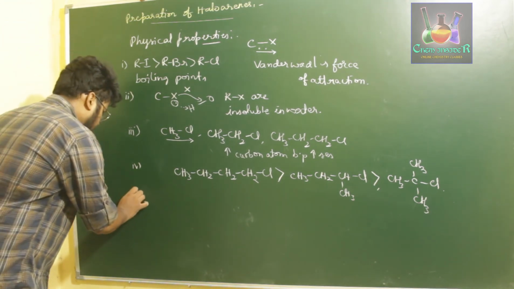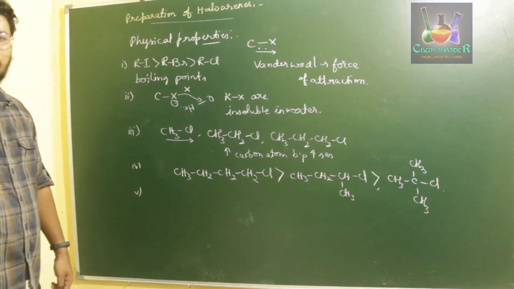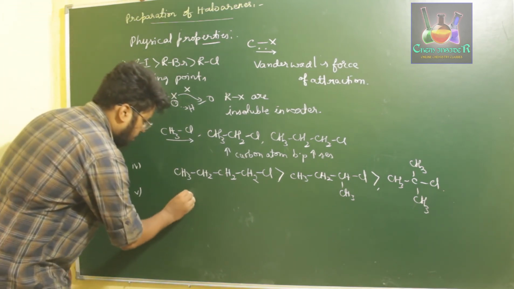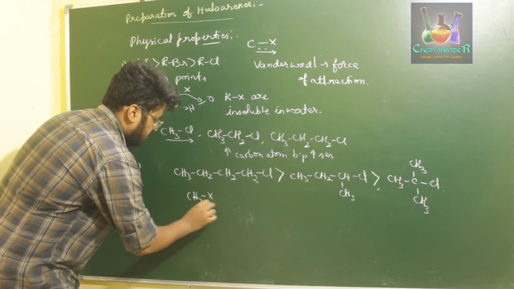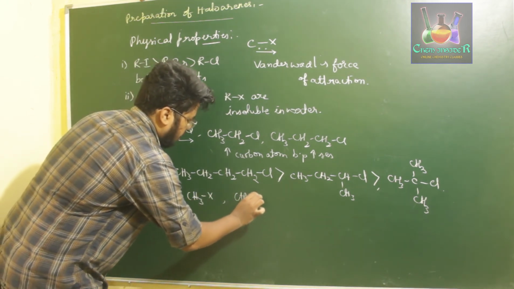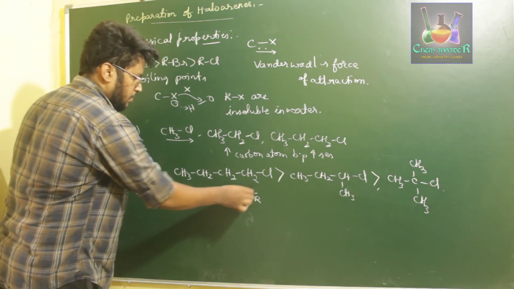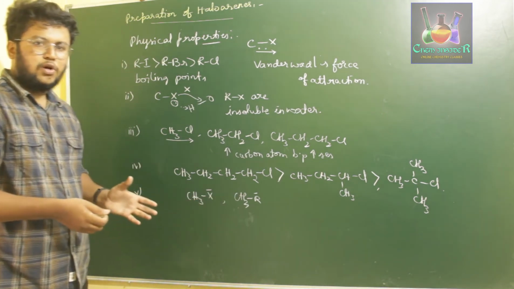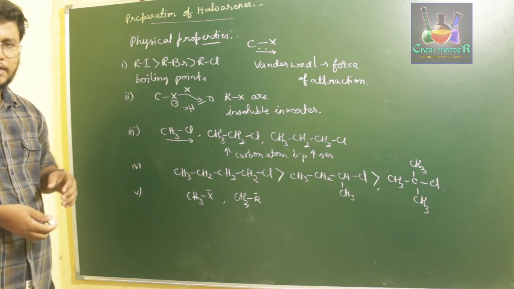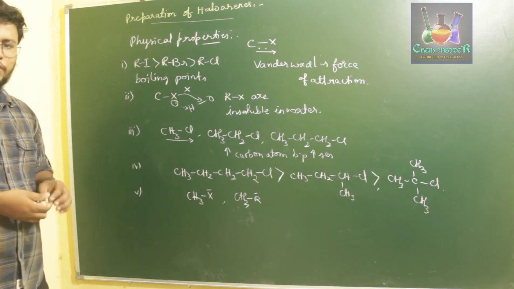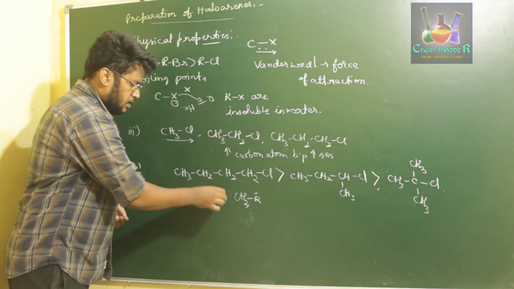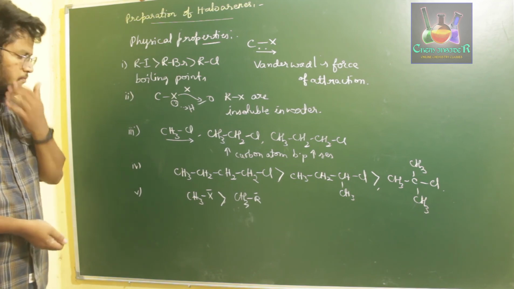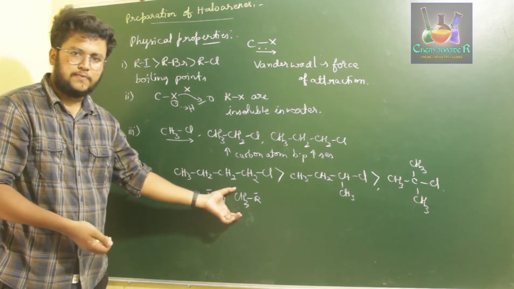And the last point we want to observe is, if you consider a haloalkane with respect to its mass, similar to a hydrocarbon. If you consider a haloalkane, let us say CH3X, with one more molecule CH3R, where the masses of X and R are similar. If you compare their boiling points, CH3X has a higher boiling point when compared to a hydrocarbon of similar mass. So here CH3 has the same mass, that is 15 and 15.